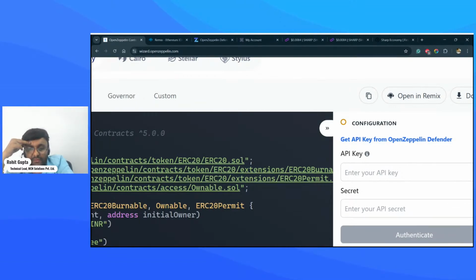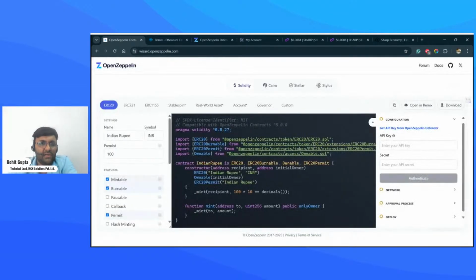Is it readable for everyone? So OpenZeppelin Defender is a second generation product from OpenZeppelin, where they provide features which are more than just deploying. You can just click on it, and it will ask you to create an account.